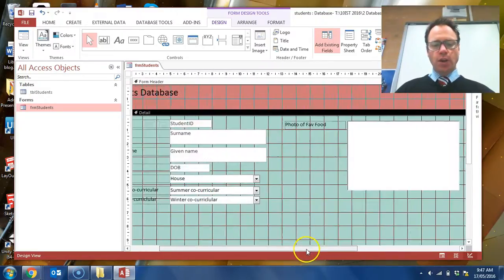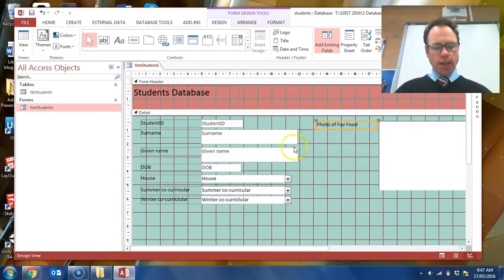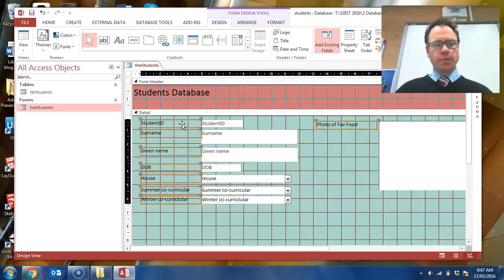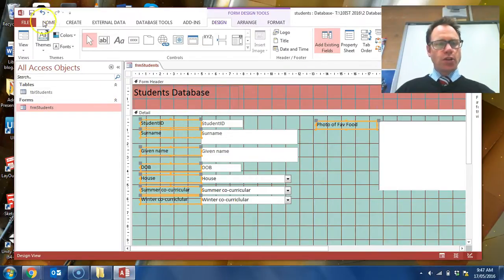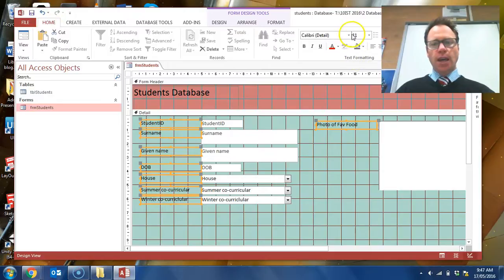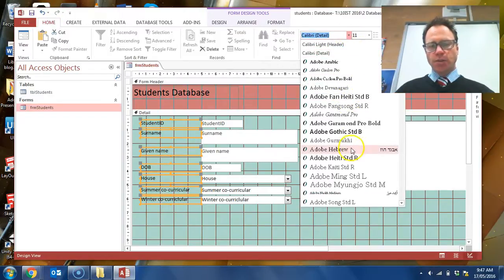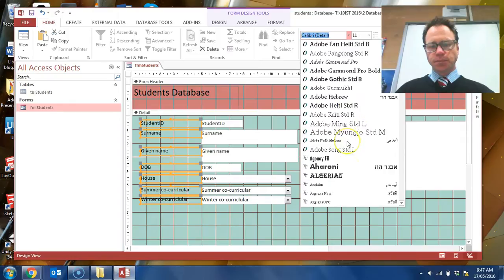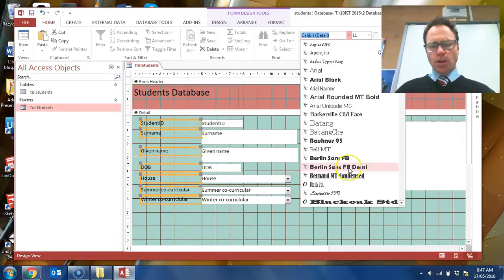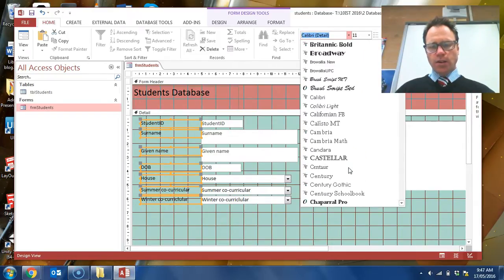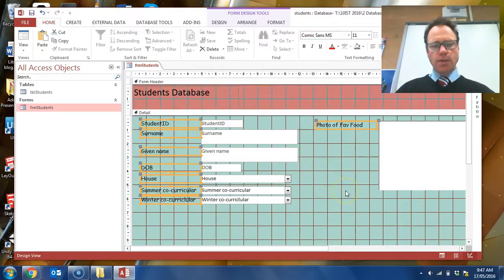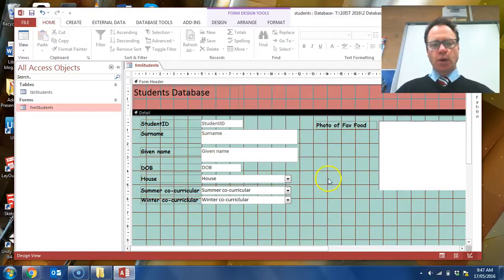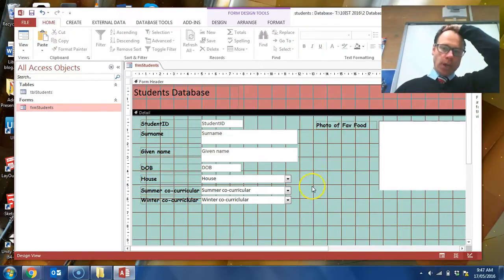One of the things that I wanted to do just quickly is make a selection of multiple items by clicking and holding down the Shift key. And I'll just go to the Home tab and change the font to something else, just to make it a little bit different. Might go Comic Sans, I think. Comic Sans changes it just a little bit, and I might make those things bold just to make it stand out a little bit more as well. Okay, so